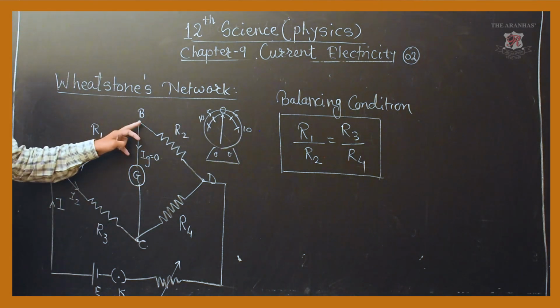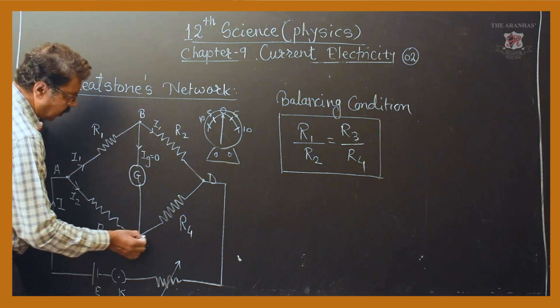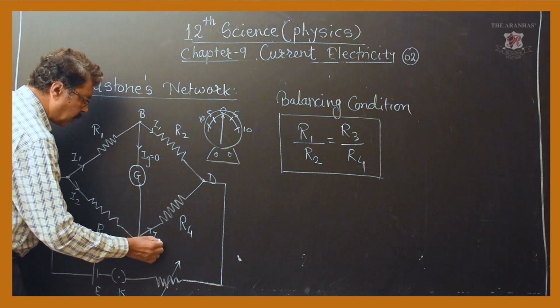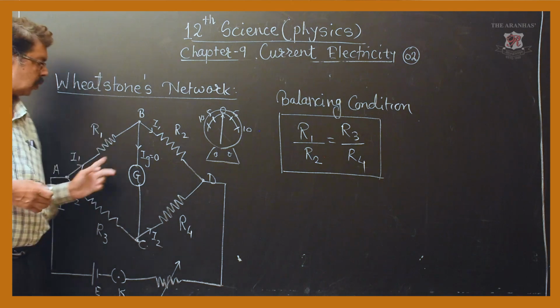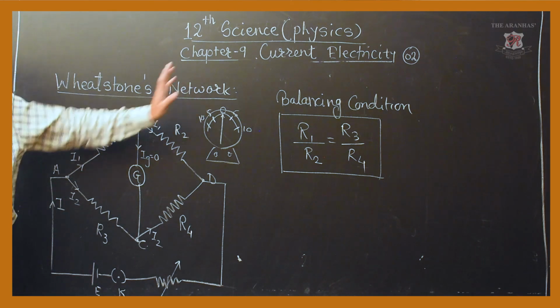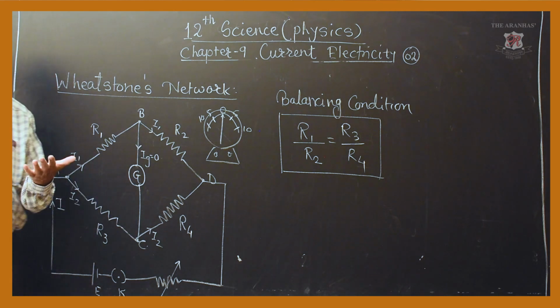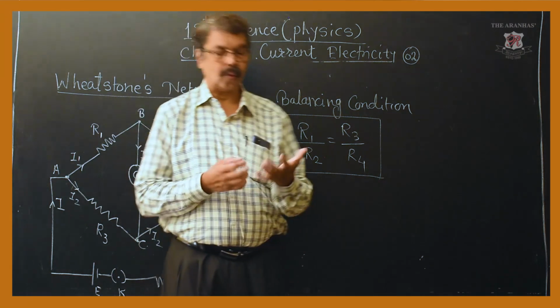So whatever current I1 comes here, it has to go further, it cannot get accumulated here. I2 has to go here. Then apply Kirchhoff's voltage law for two different loops, any of them, and you can automatically get to that balancing condition. In the next lecture, we will finish it off and then go to